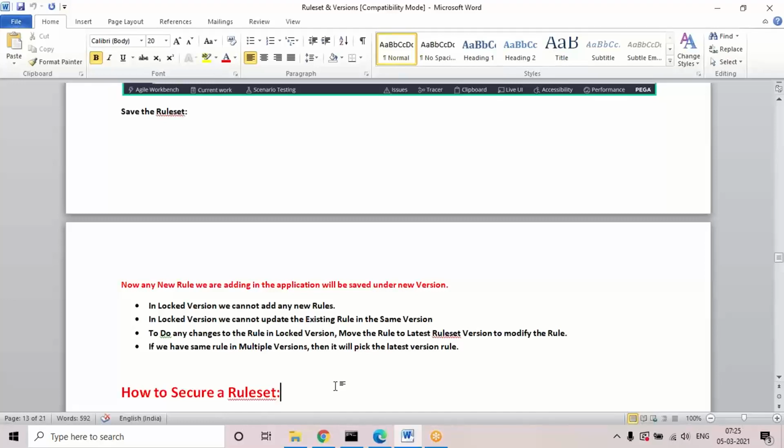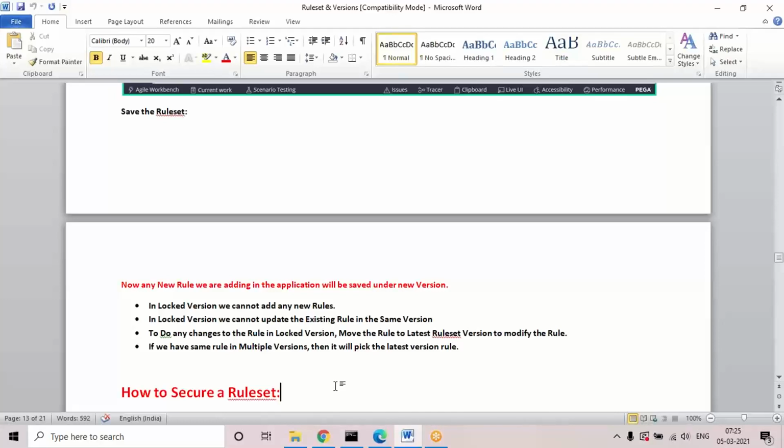In real time, if one developer is working on the customer design, another developer cannot open the same design. Or if one developer is working on the personal vehicle design, another developer cannot open it until he completes that. So the other person will get an option called private edit.